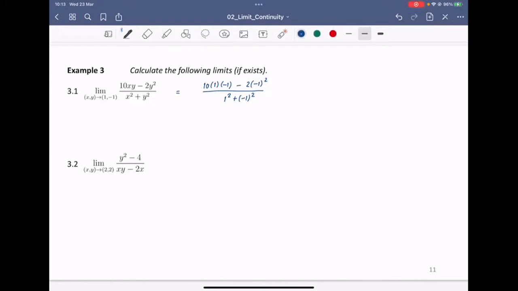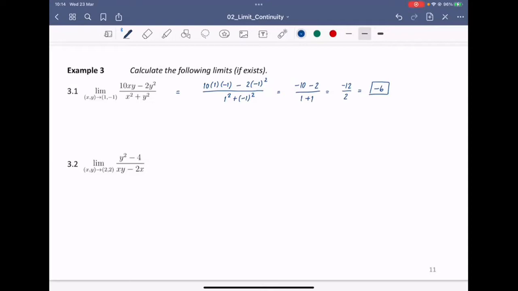And then once you compute this, this is the easy one. So -10 minus 2 over, be careful about the negative sign, 1 plus 1, and then that is -12 over 2, and that is -6. This is a very simple and easy example. So you can see, you can plug in everything and you get -6. This is the basic one. Does it make sense? Is everyone good? All right, so we're going to move to